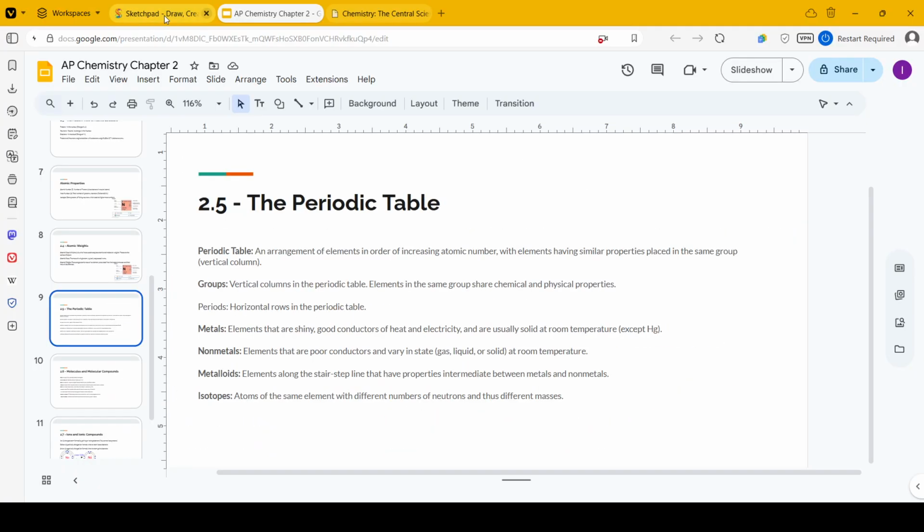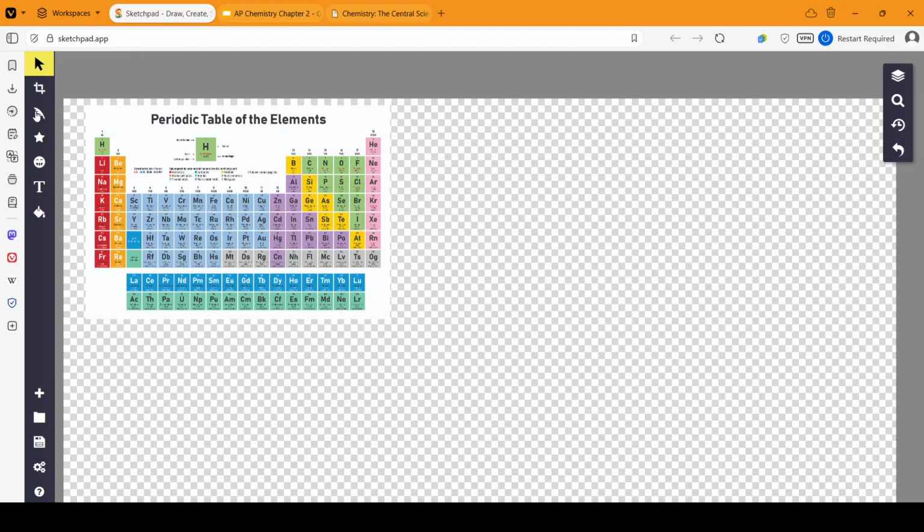So we go to the periodic table here, and we see how all the elements are arranged. It's kind of hard to see, but hydrogen is the first element because it has one proton. Helium has two protons. Lithium has three protons. Beryllium has four protons. Boron has five protons. Carbon has six protons, and so on and so forth. So we see that there's markings right here that indicate the identity of each element, and they're really helpful. So the first group is called alkali metals, and